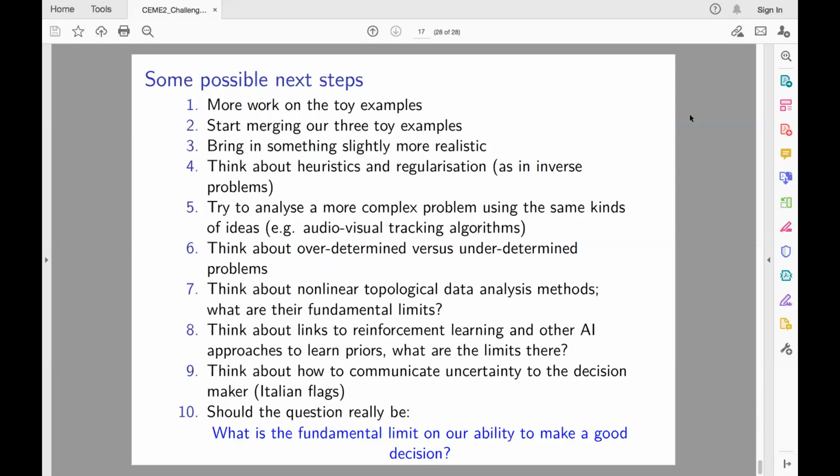And then actually, perhaps the fundamental question is not what's our limit on detection, but what's our fundamental limit on the ability to make a good decision? Think of what Catherine was saying: given the data, the best thing we can convey is either there or there, not a best estimate of a crisp point and a nice little ellipse around it with an error bar. There are ways of communicating uncertainty and representing the data so that a good decision is made, based on fuzzy logic or degree of uncertainty, the orange region in an Italian flag rather than the green or red region. So that's where we got to.